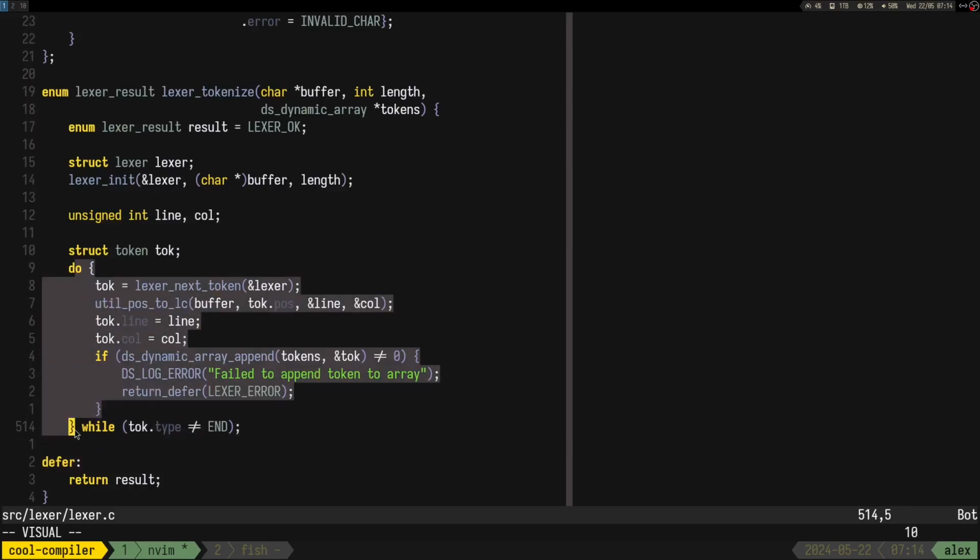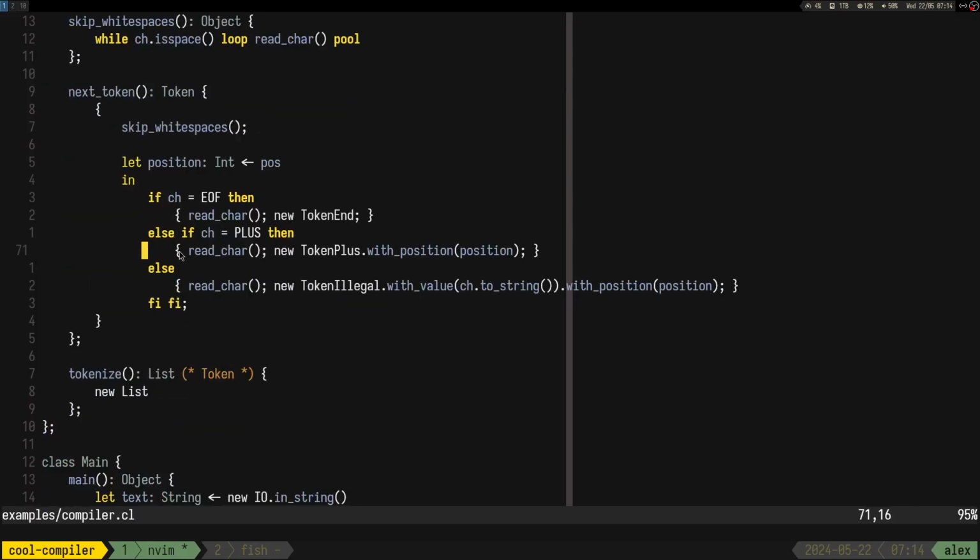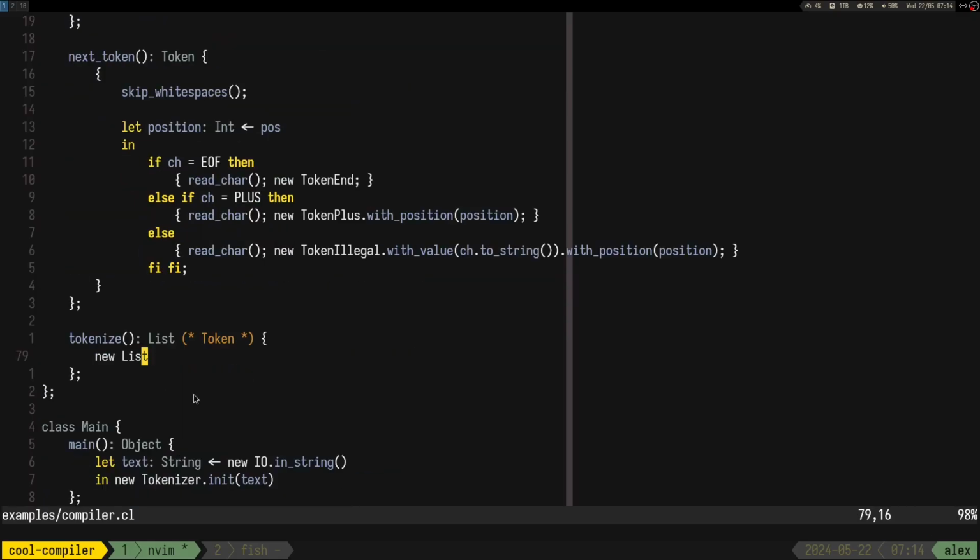Not sure if I actually needed a do while though. Maybe I did because of this. So let's try to get a token. So I guess let result is gonna be a new list, right?